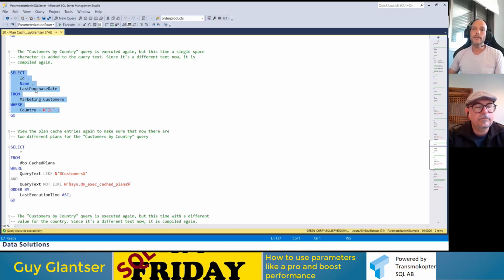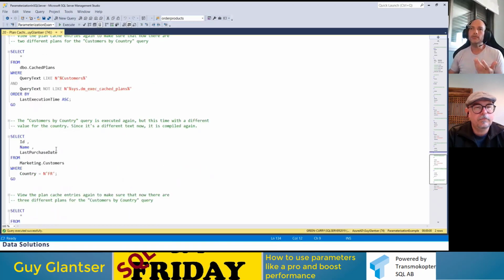Okay, and it's very stupid in the sense that it doesn't parse the text. It just takes the entire text, including spaces, white spaces, and so on, calculates a hash value and searches for that hash value in the plan cache. Now, since I added a space, it's a different hash value. As far as SQL Server is concerned, there is no plan for this query. It needs to compile it again. Of course, in reality, when we develop applications and write queries, we don't do it once with a space, once without a space. It doesn't really make sense.